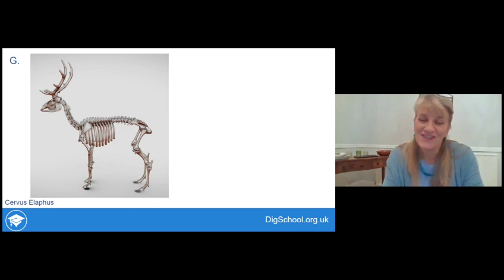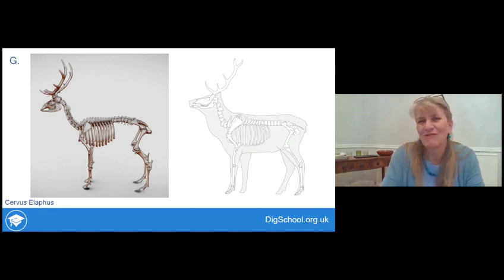Okay, so you've had a chance to think about that. Which one did you go for? I expect you might have got this right because the antlers are a bit of a giveaway on this one. You're probably pretty confident it was a deer of some sort. It's actually a red deer. Very high status animals in the